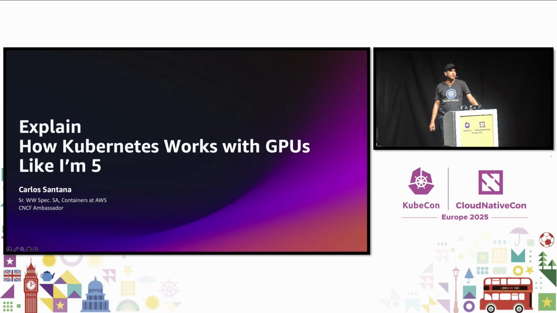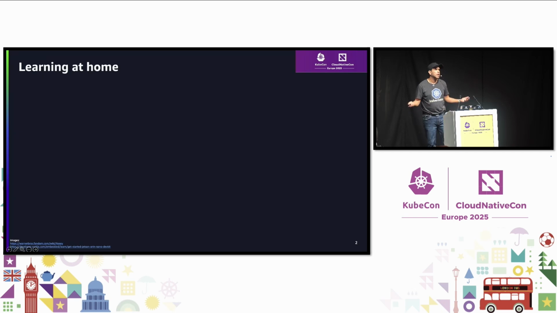This talk is an introduction and a story about running Kubernetes at home. Some of the basics are applicable to running GPU workloads on the cloud. But this is for people who are new to Kubernetes, or maybe like myself, who thought I was an expert on Kubernetes. I was doing this at home. So let's start with the scenario. The scenario is that I want to learn at home, with old computers that I have, about Linux, for example, and